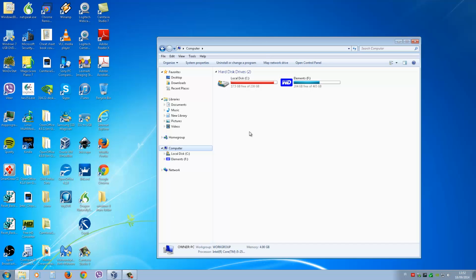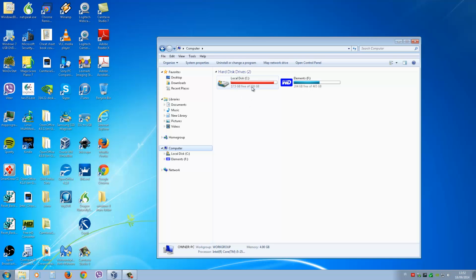I've said before that if you want a really fast computer you need to have a solid state drive installed in it. So that's a video for another day. But if your drive is in this situation, if your computer is 2 years old, it doesn't matter whether it's a laptop, desktop, tablet, netbook or notebook, it's the same process that you would use to